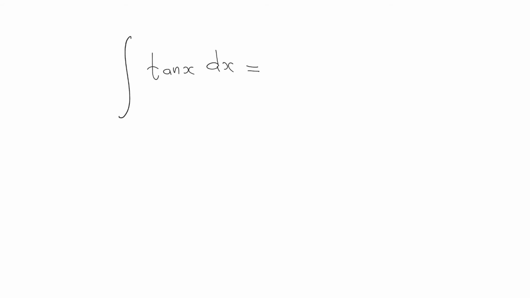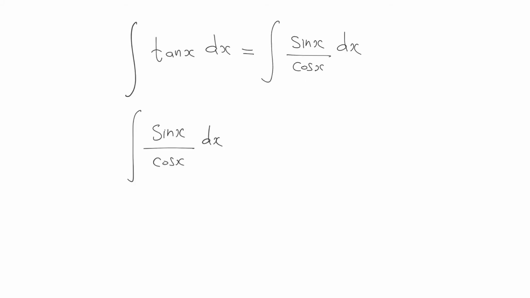If it is integration of tan x dx, first we have to write it as sin x divided by cos x into dx. Now the substitution part will come. Sometimes we may get confused whether I should take sin x as t or cos x as t. In such a situation, to avoid any confusion, you can just remember this method.